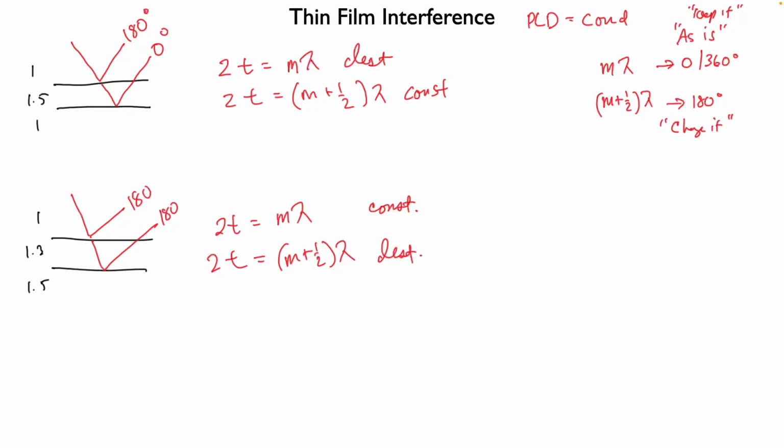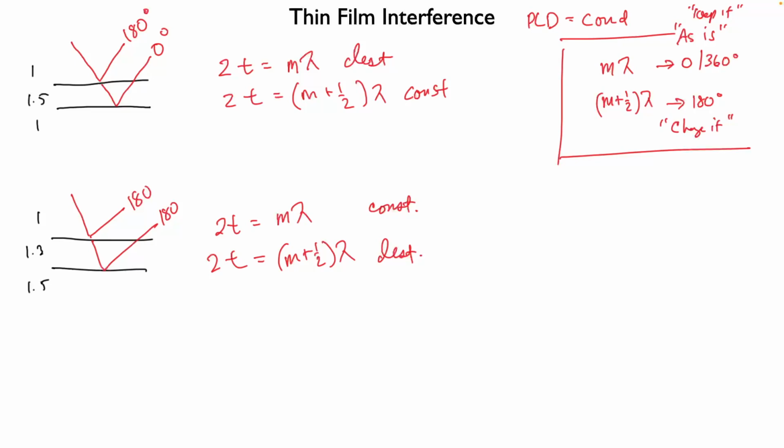n plus a half always means change the second one, change its phase by 180 degrees. You then go back to your drawing and determine what, if we keep things the same or if we change things up, the equations mean, constructive or destructive. Yes? We only change the second one, or do we also add the one? No, the add 180 only affects the second ray, because it's the second ray that has the extra path length difference. It's the one that's traveling through the film.